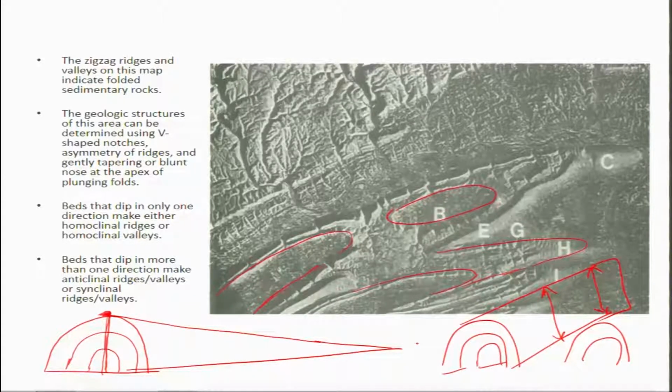So if suppose there is only a cross section left over on some ground, so in that case you will only find these kind of features. Not the complete fold, because only the cross section of this fold is left out. Why? Because all these things have been eroded. Okay.